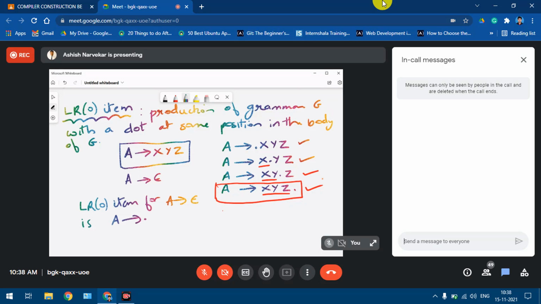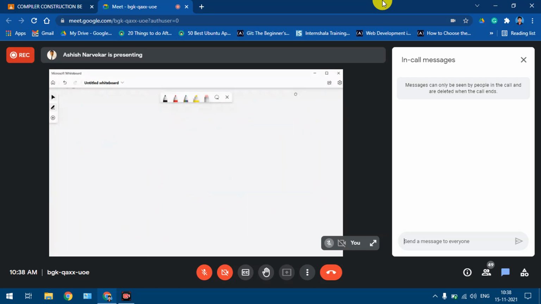This is just the basic of what we are looking forward to in this topic. Now we'll start with our actual problems. We'll take some examples initially and try to get the LR0 items. Once we are done with that, we'll proceed further.